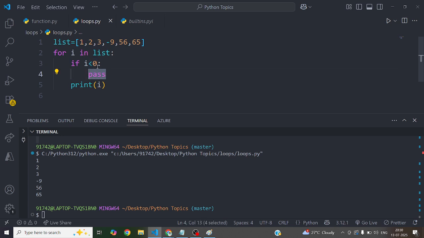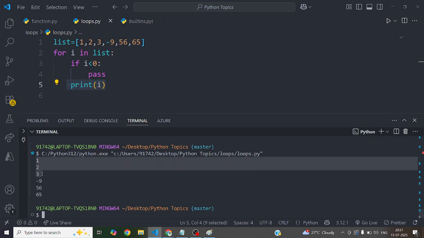Is 1 less than 0? No. 2? No. 3? No. So everything is printed: 1, 2, 3. Then minus 9 less than 0? Yes. Oh, you want to allow the negative value to print? Yes, I am allowing that. Pass it, no issue. Pass means it will come to the print statement, so minus 9 will be printed.